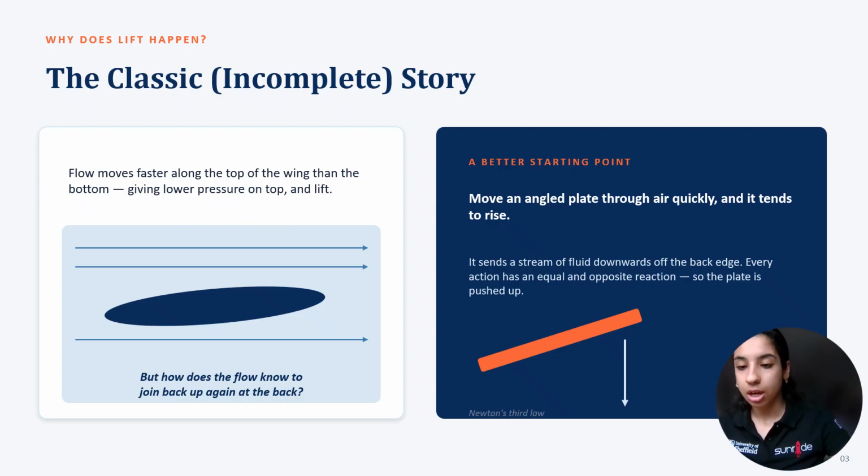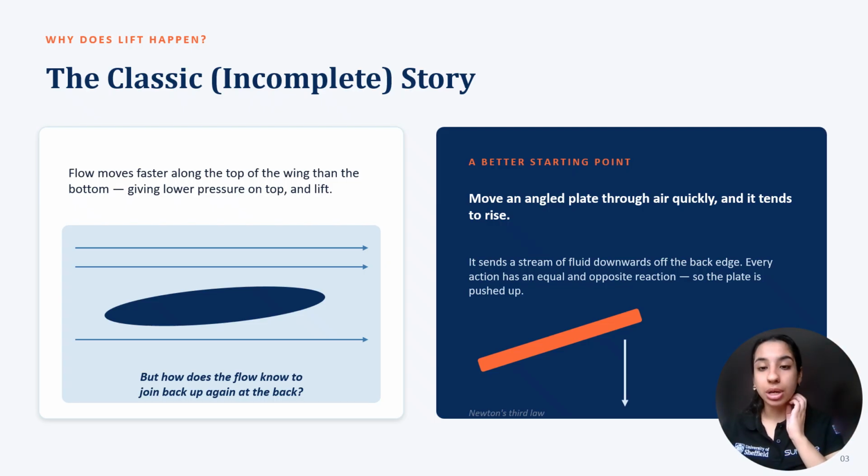Now there are some things we have to talk about. First of all, you have a plate. This plate is angled, you can see, and we are letting it move quickly through the air, and it rises. That's how airplanes take off, right? So this is an airplane. It angles up, and then it goes up. As the plate is moving forwards very quickly,